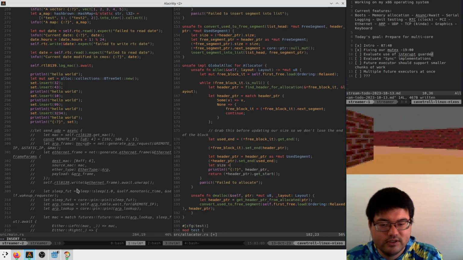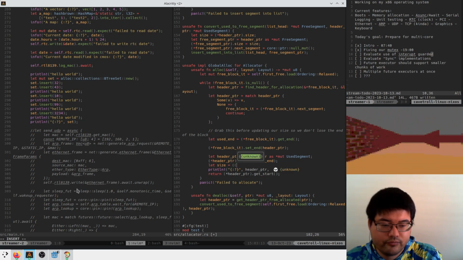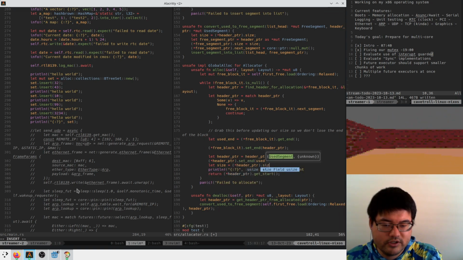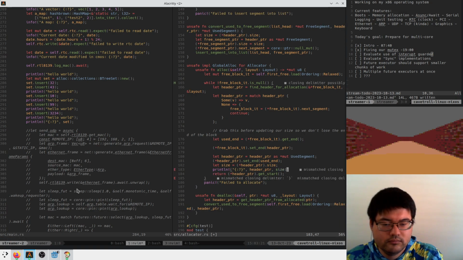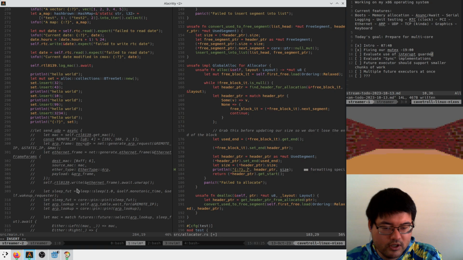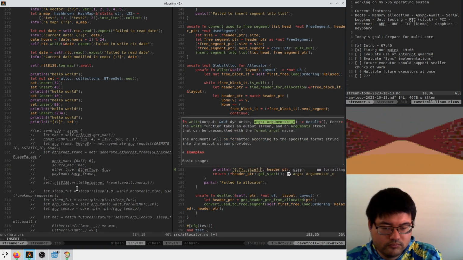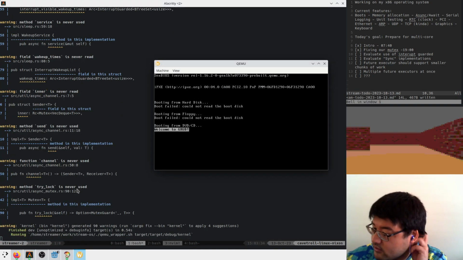So we'll say let size equal to header pointer dot size. And here we put the header pointer and size. Like this. If I run this,